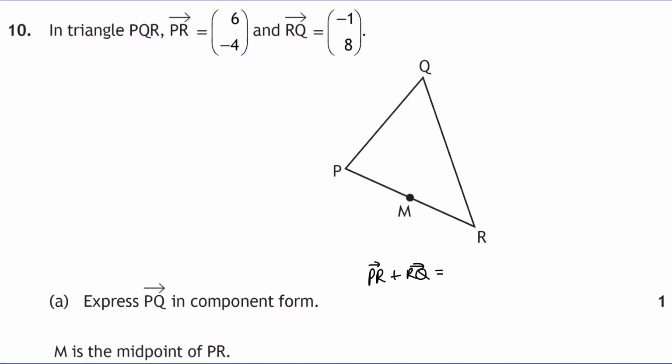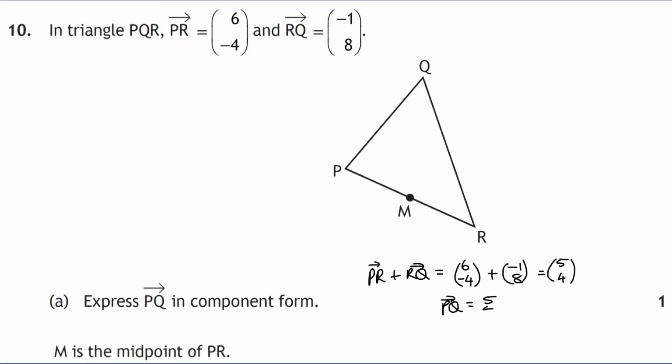And if we write that down in terms of its vector components, we get 6, negative 4 for PR plus negative 1, 8. And that equals 6 add negative 1 is 5, negative 4 add 8 is 4, so we've got 5, 4. So the vector PQ